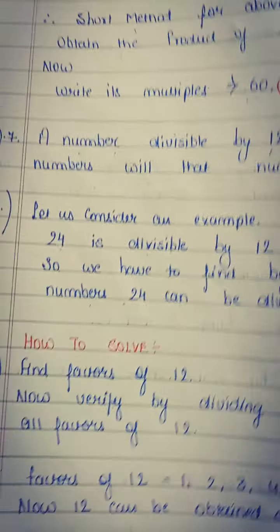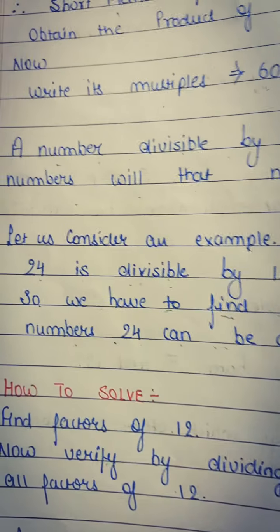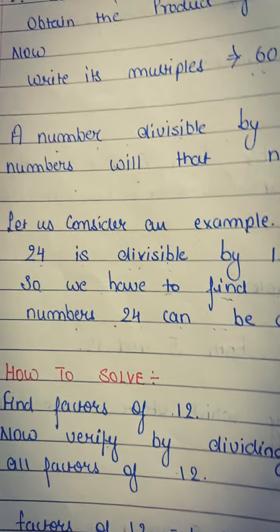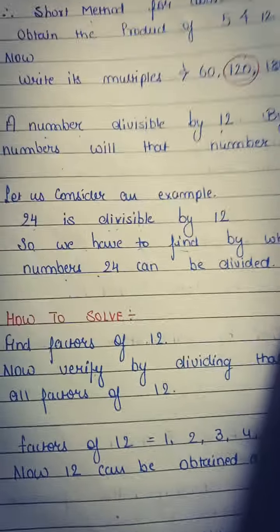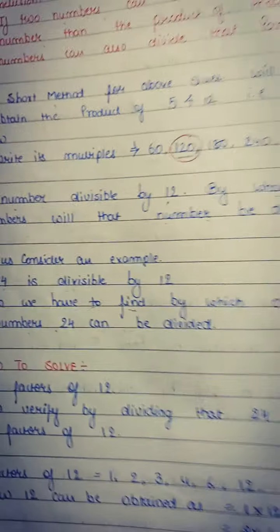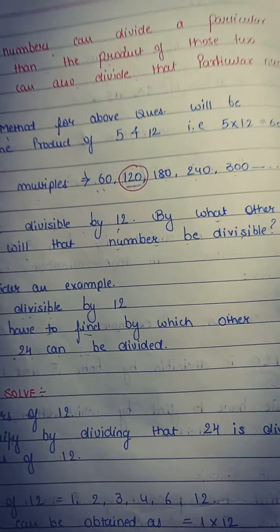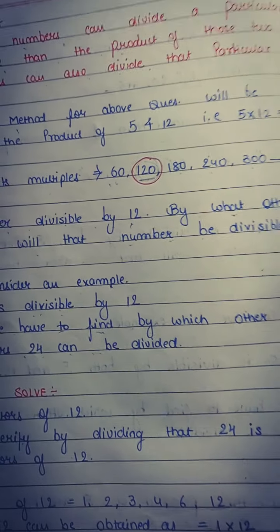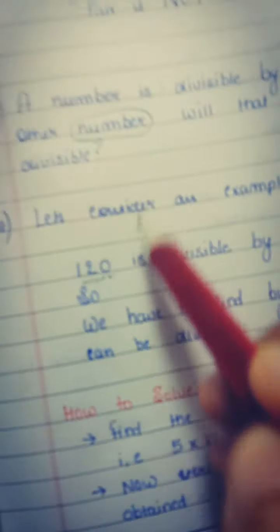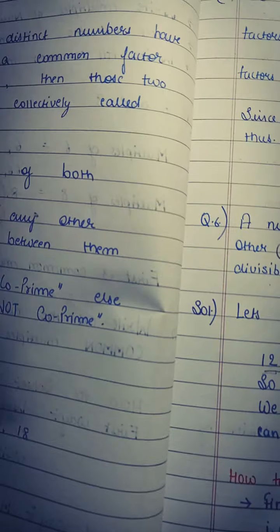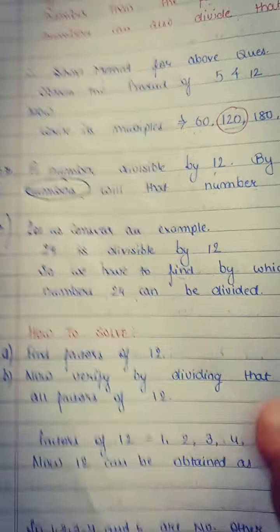Now there is a confusion between question number 6 and 7 that I will clear at the end of the chapter. Okay, that is, sir, which method do we have to apply when, that is the point. Okay, so when you have been asked for only one number, see, by which other number only one number is asked, in that case you have to go with this product formula, and when you have been asked for multiple numbers, in that case you have to use this factor formula.